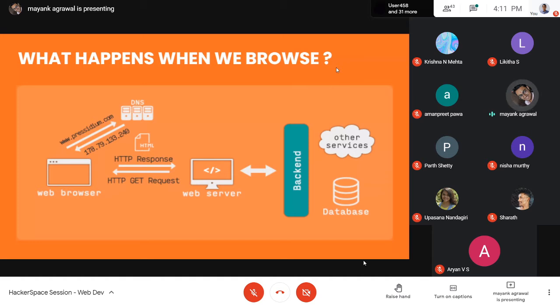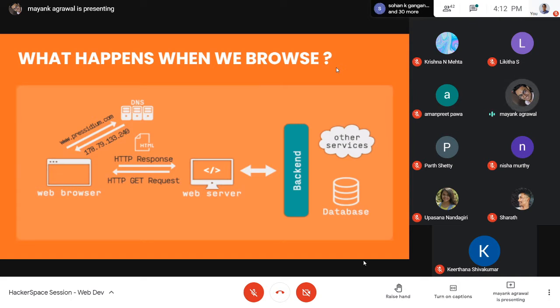Once you receive the IP address, the browser sends an HTTP request to the server. From the server, you get an HTTP response back. In the response, you also get the HTML file, because every website is made of an HTML file.